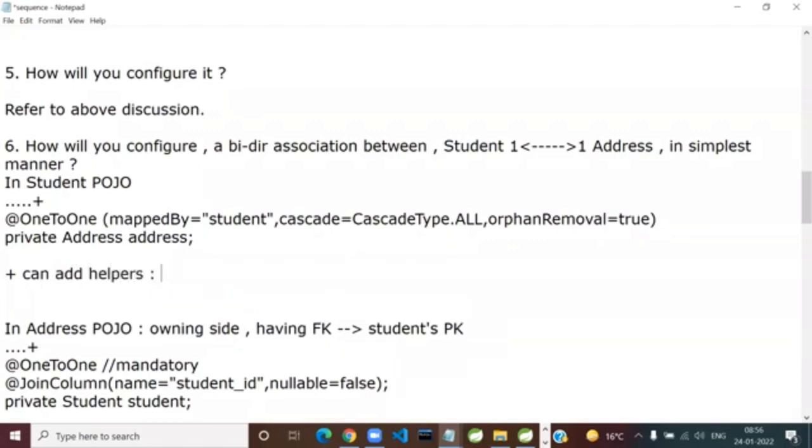Which helpers am I talking about? See, it is bidirectional. So in student, you assign address, and to address, you assign student. So something like addAddress and removeAddress. Okay. So this is a ditto copy of what we discussed in one-to-many bidirectional. Getting it or not? Understanding it or not? Save the sequence or name it a JPA mapping sequence or something, because I'm talking about so many options here. Whatever fits your project, pick it up. Okay, clear?